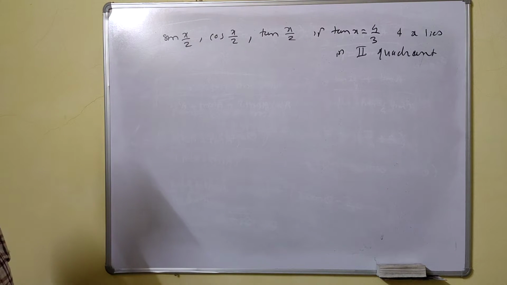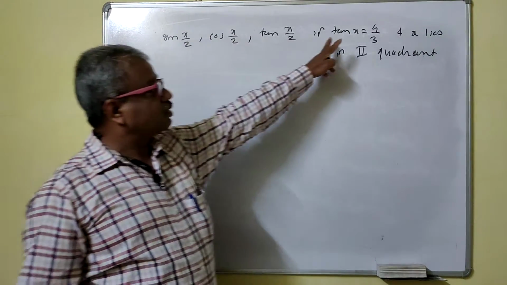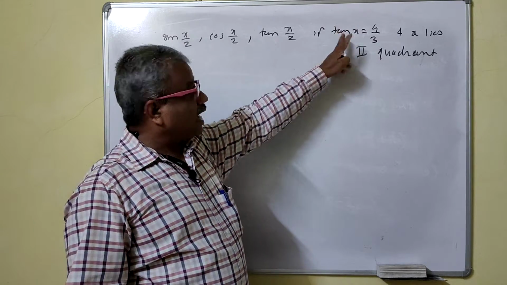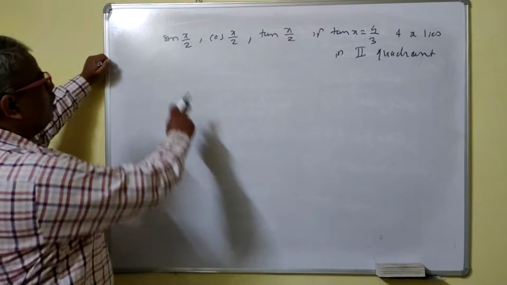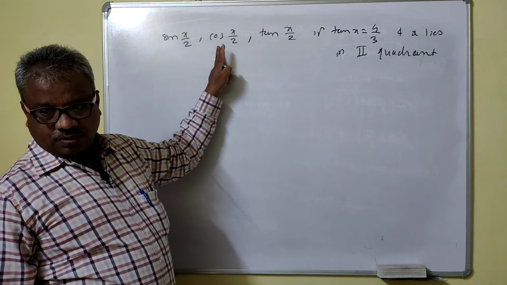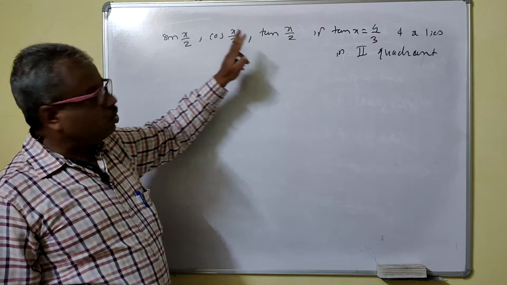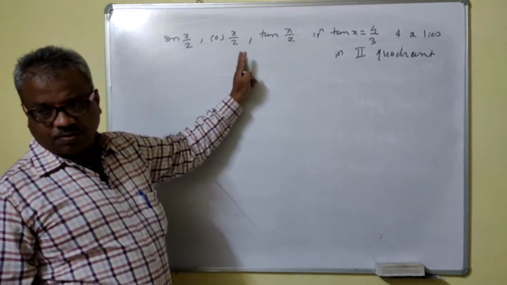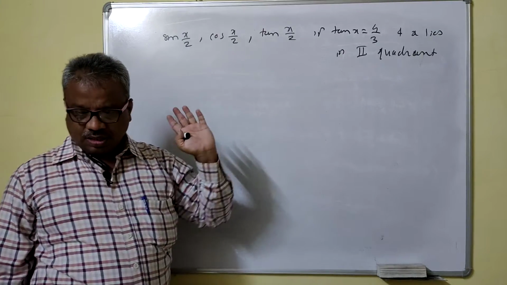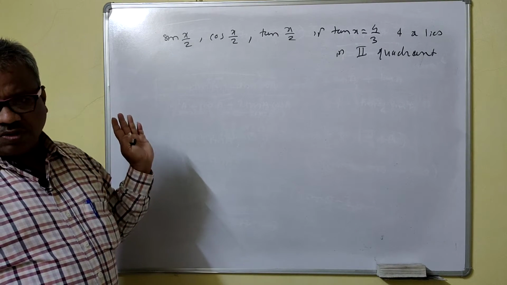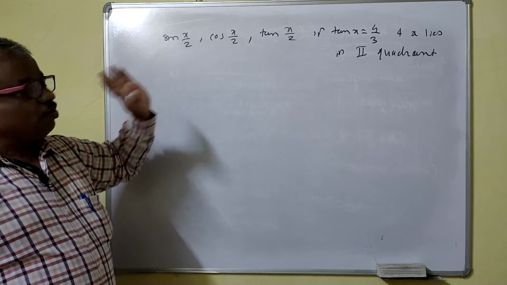Okay, now see here. What we are given first is tan x, and the position of x is given to you, no problem for this one. What you want is sin x by 2, cos x by 2, and tan x by 2. For tan x by 2 we don't have any problem, because once we have the values of sin x by 2 and cos x by 2, easily you can obtain the value of tan x by 2. Only sin x by 2 and cos x by 2 are the problem.